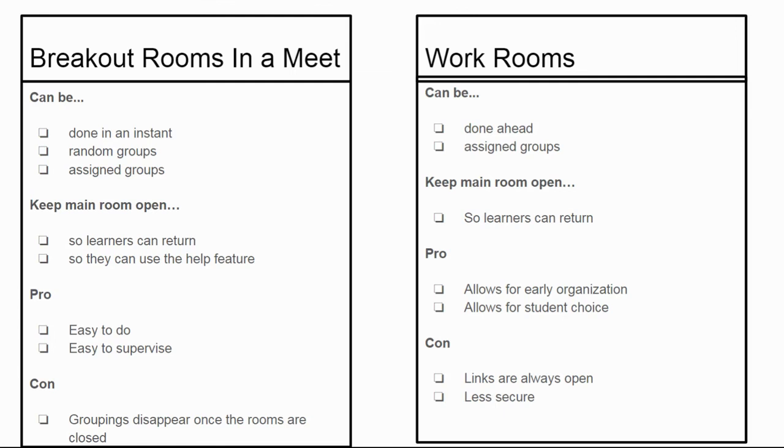Some pros for this format: it allows for early organization or it allows for student choice in the moment. Some cons: the links are always open. They're also less secure, so the links can be shared and people outside of your classroom could enter them if those links were shared. So each of these has pros and cons and great purposes for small group work, small